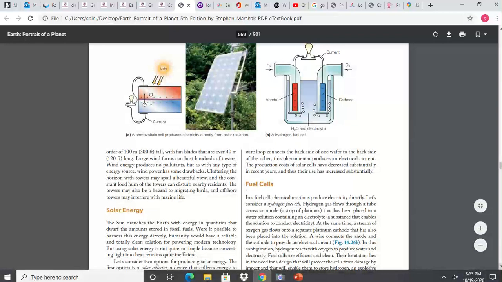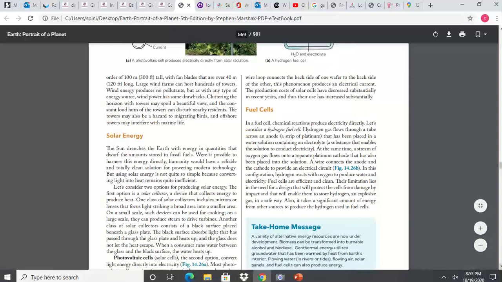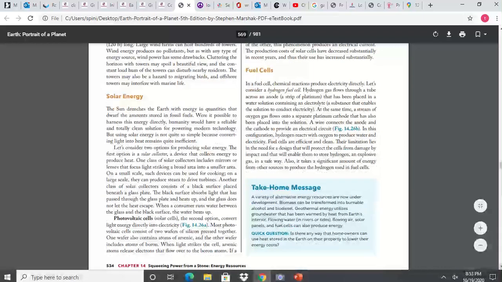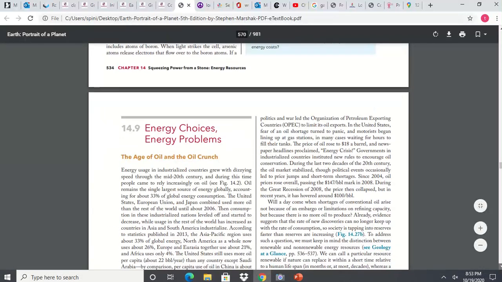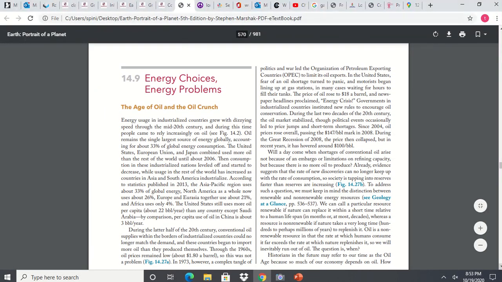Fuel cells are fairly new. It's a chemical reaction between hydrogen and oxygen, and it creates electrical energy. These were used quite a bit in the space program using hydrogen fuel cells because you can bring your own oxygen with you, and the byproduct, the waste, is water. So they're very good for the environment. They could very well easily become something that we would see in the future.